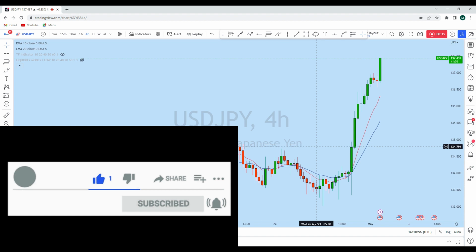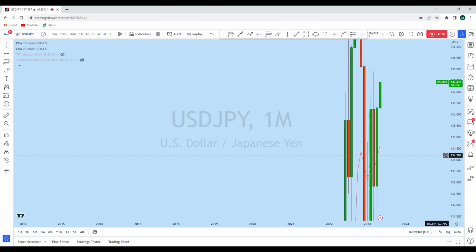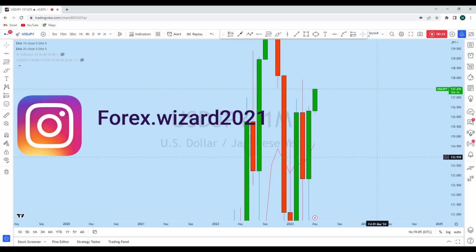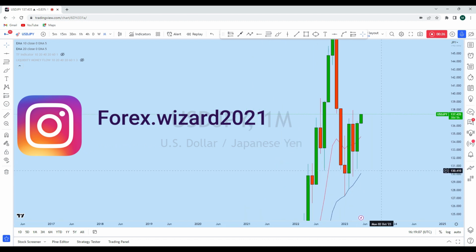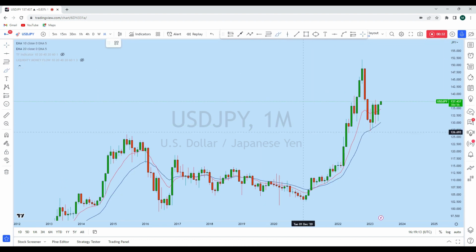Now before we discuss how we can trade, let's first look at the bigger picture, the monthly time frame. From the monthly, we can see that dollar yen is aggressively bullish. From this historical market structure, dollar yen is creating a series of higher highs and higher lows. There is an impulse consolidation, and every month the price was creating a series of higher highs and higher lows and